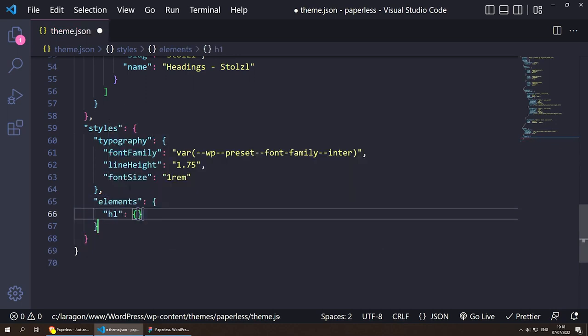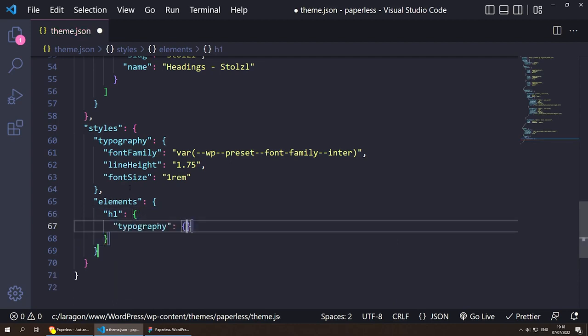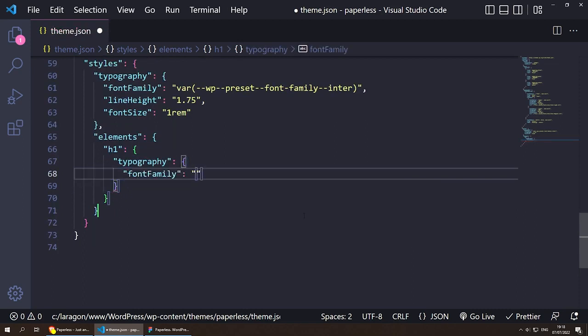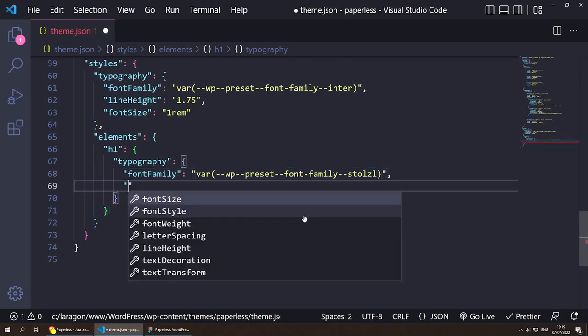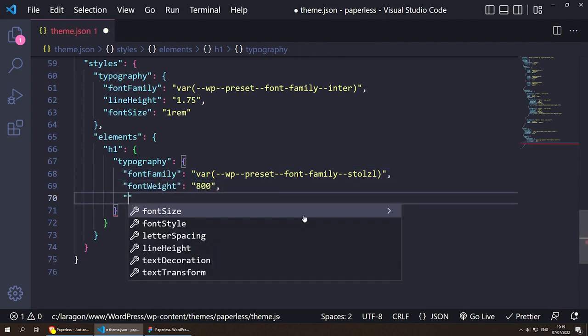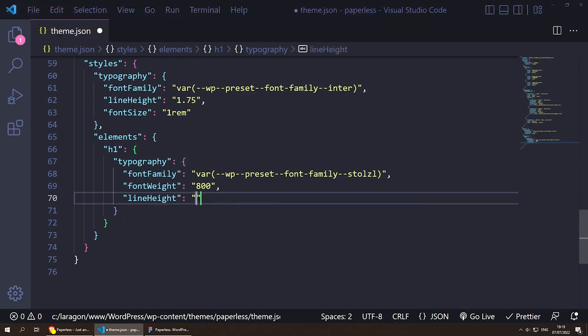So for example, h1. For the h1, inside here, we can do typography, and for the typography, we can do font family, and we can set the variable that we just created, var(--wp--preset--font-family--stozel). Perfect. Close this and put a comma, and then we can do font weight if you wish, and a font weight, I believe, is 800 for this one because I want it to be bold, comma, and then we can do line height. And the line height can be 1.3 for this,